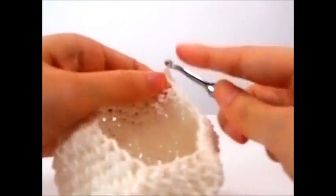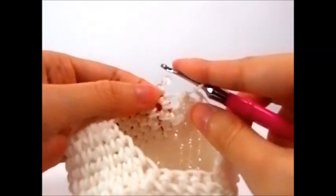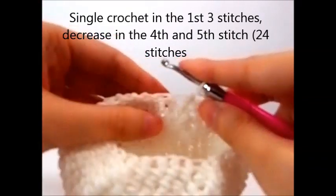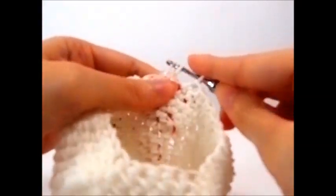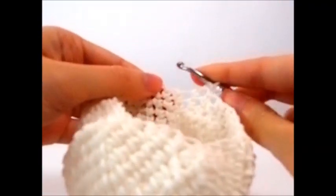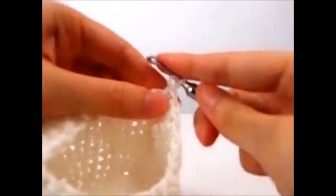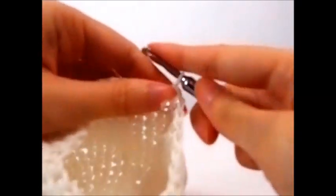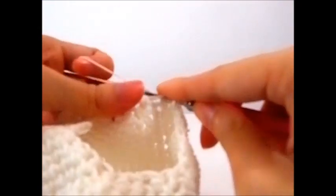Okay, so that's your round of 30 stitches done. You have to decrease further to 24 stitches, and to do that it's a single crochet in the first 3 stitches and a decrease over the 4th and 5th stitch, and you do that all the way around. So I'll be counting up to 3 and I'll say a decrease. So 1, 2, 3, so decrease over the 4th and 5th, so these 2 stitches, you're just turning them into 1,